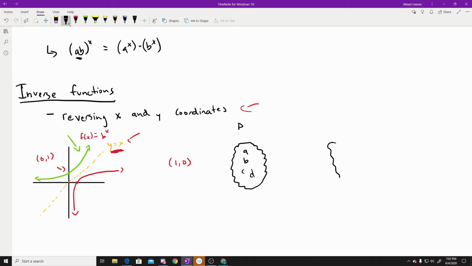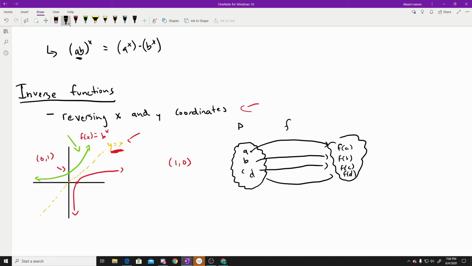And then we had our range, which had f of a in here, f of b in here, f of c, and f of d in here. And what this function f did was it took the element of a domain and mapped it to an element of the codomain or range. And if we think about an inverse, what it does is the complete opposite. So if you notice in this graph, I drew the arrows pointing this way, but the inverse